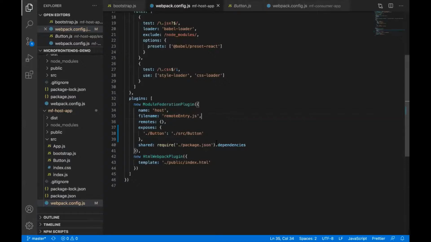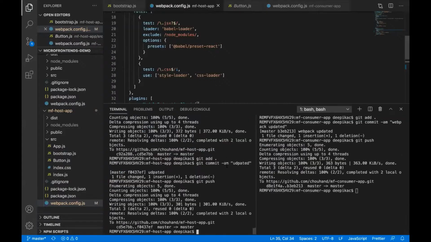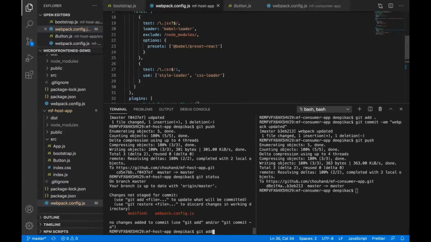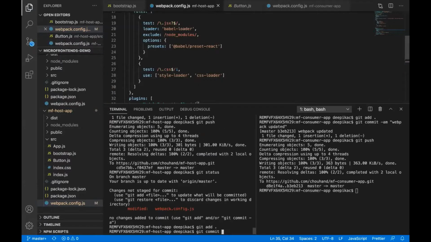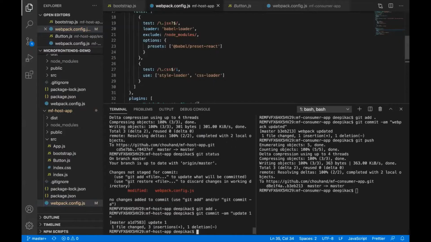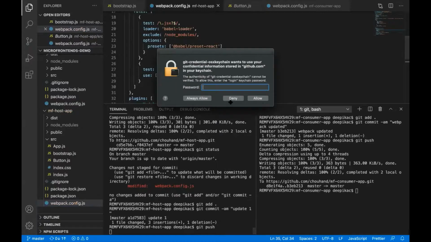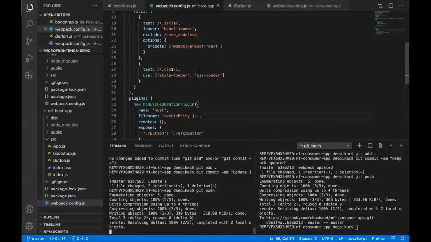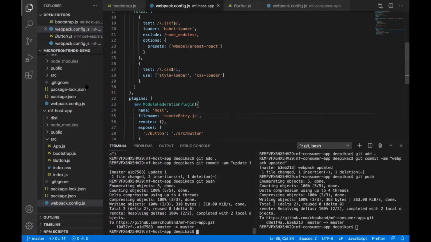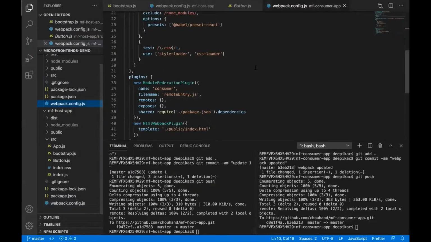This is all I have to write, and I need to deploy it. Git status, git add, git commit. Okay, update and whatever. Push. So while it gets deployed, let's make some changes in the consumer application also.